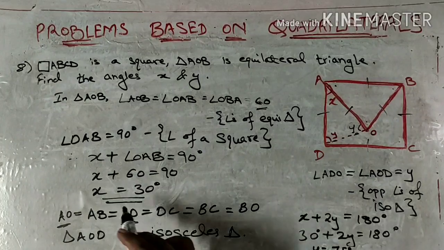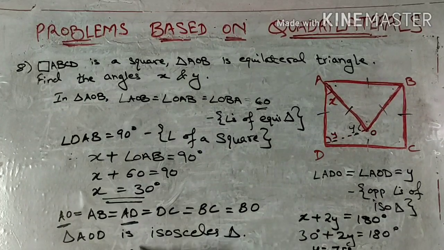Is that clear? So we have got x and y. So final answer, x is equal to 30, y is equal to 75. I hope this is clear. So we need to think of the question like a mystery. We need to find relations between various angles, various sides, keeping in mind the properties that we have studied in this chapter and as well as the previous classes related to triangles. Okay, let's move on to the next question.